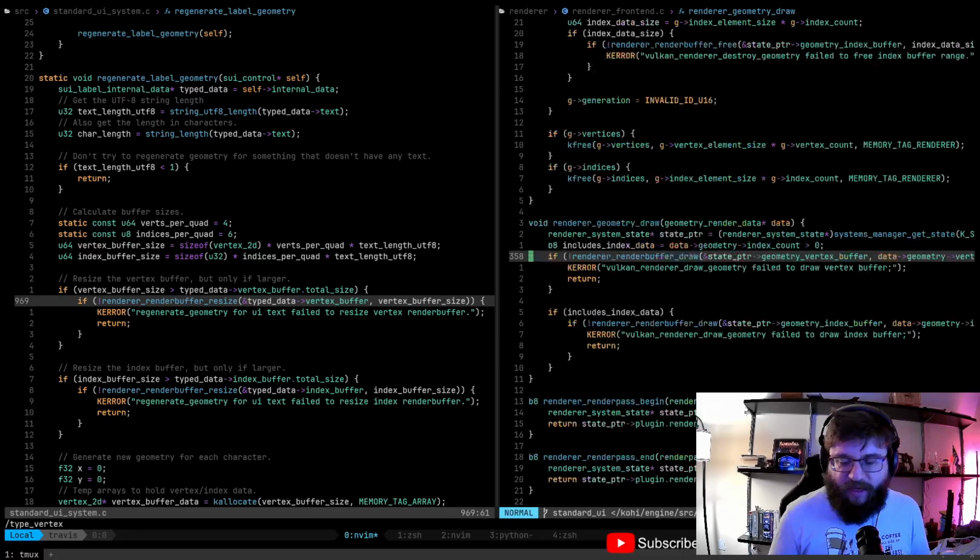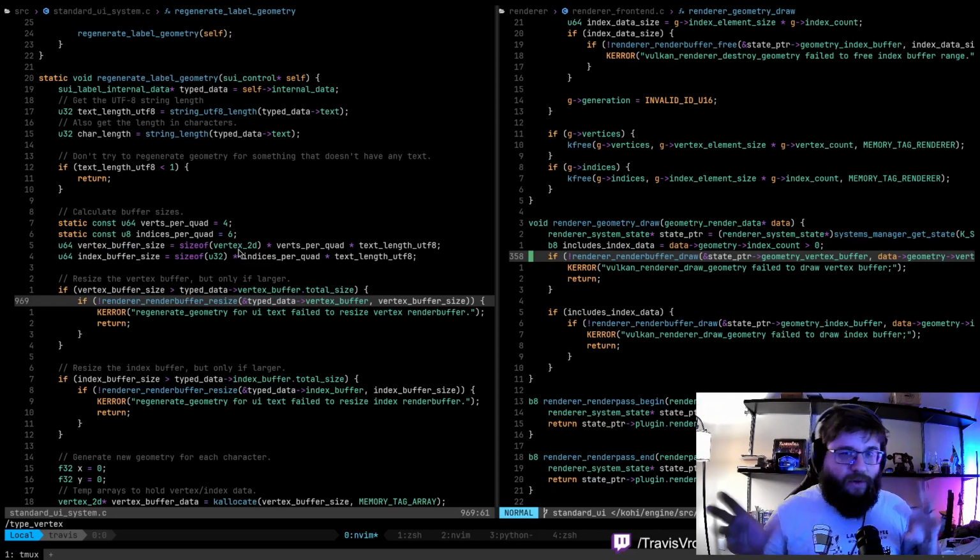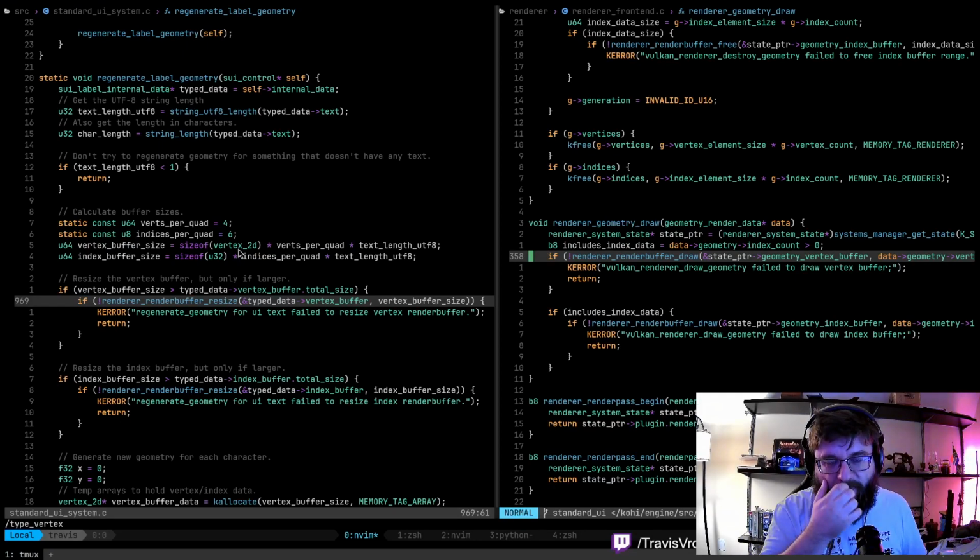I was thinking that I was like, wait a minute, if I'm going to be dealing with 2D vertices within the same buffer that uses 3D vertices, that might be a problem, but it's not going to be a problem because we index everything, and the indices take in the offsets, and then as far as the shader knows, it kind of knows how to format that data in the format that it needs, whether it's vertex 2D or vertex 3D. So I think we should be fine.